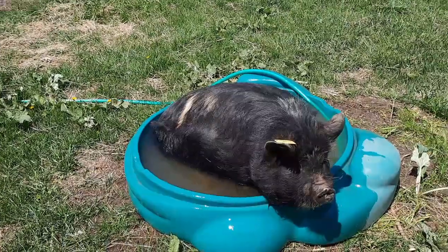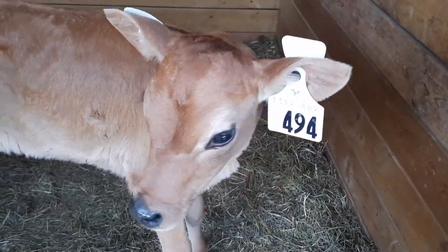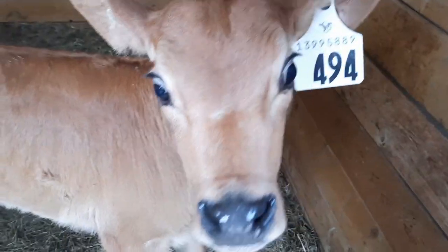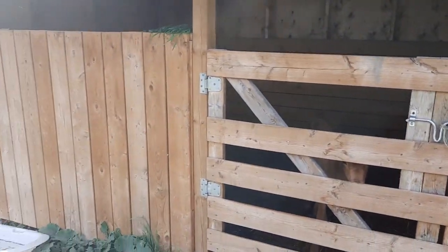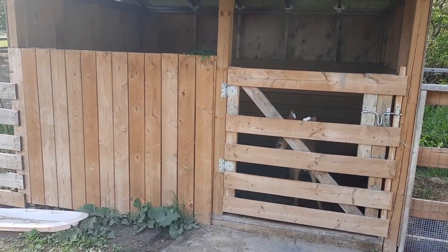You're making a mess. Daisy is doing fantastic. Figured we should do an update since we haven't really said anything about her since she arrived on Sunday. Hey, girl? She's a little sweetheart. Anyways, when the kids get home, they'll be glad to see that she is in her stall outside. We moved her out of the barn, I guess it was the day before yesterday,